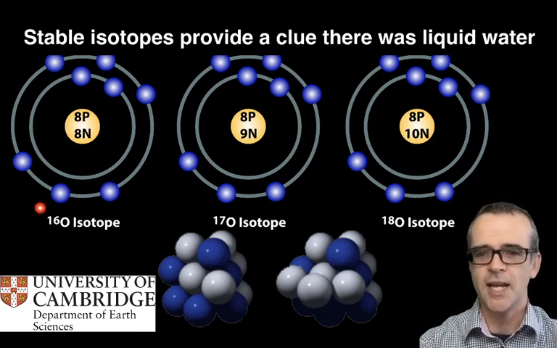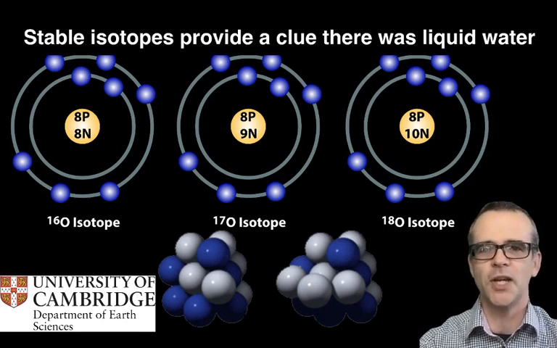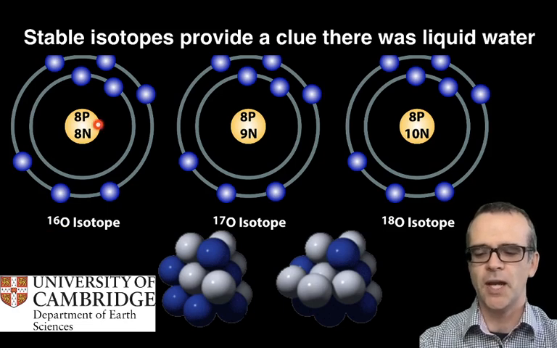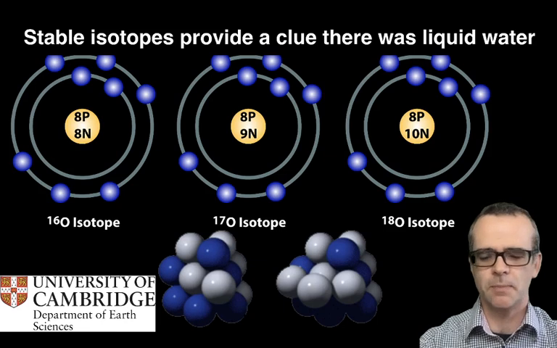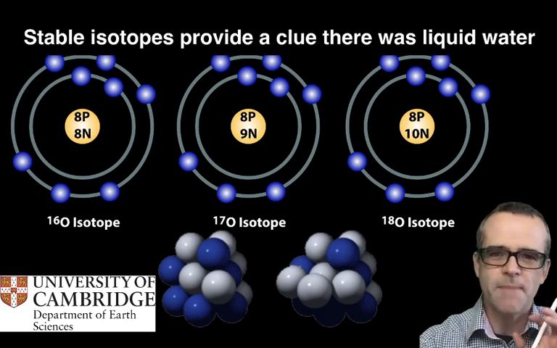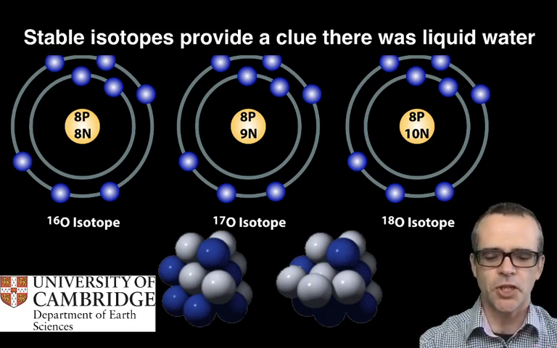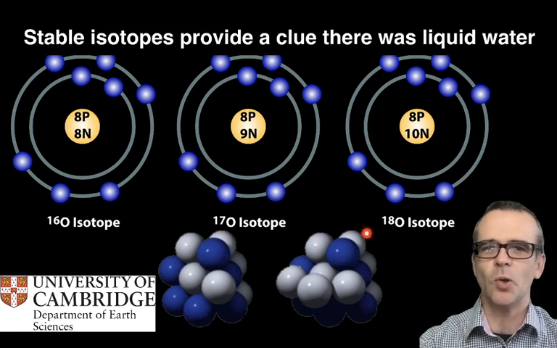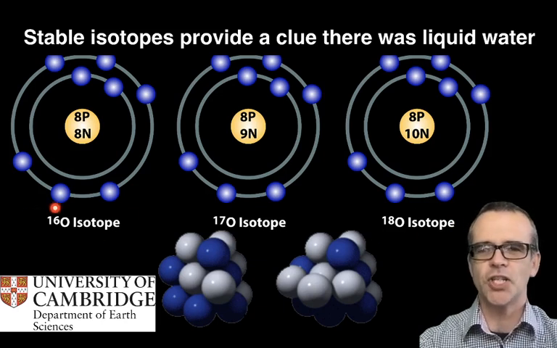Oxygen 16, which is probably the oxygen that you will have heard about the most, has 8 protons and 8 neutrons. But there are 2 other isotopes of oxygen: oxygen 17 with 8 protons and 9 neutrons in its nucleus, and oxygen 18 with 8 protons and 10 neutrons in its nucleus. And when we measure these isotopes of oxygen, in particular the ratio of oxygen 18 to oxygen 16,